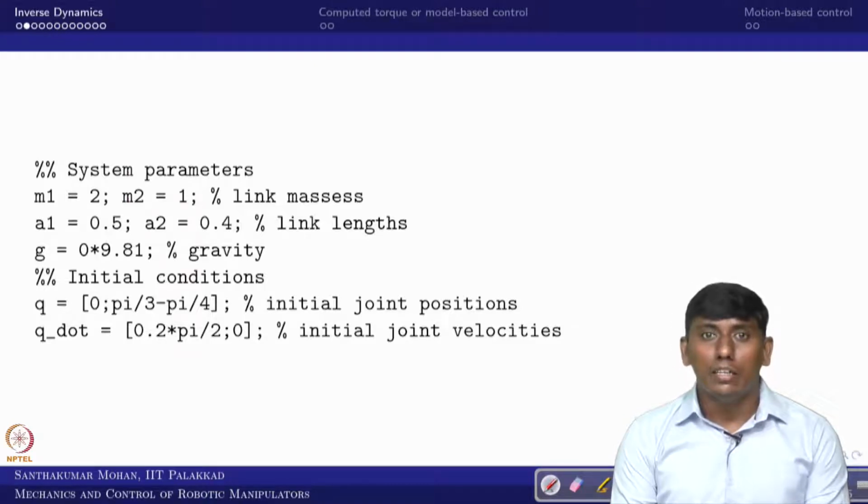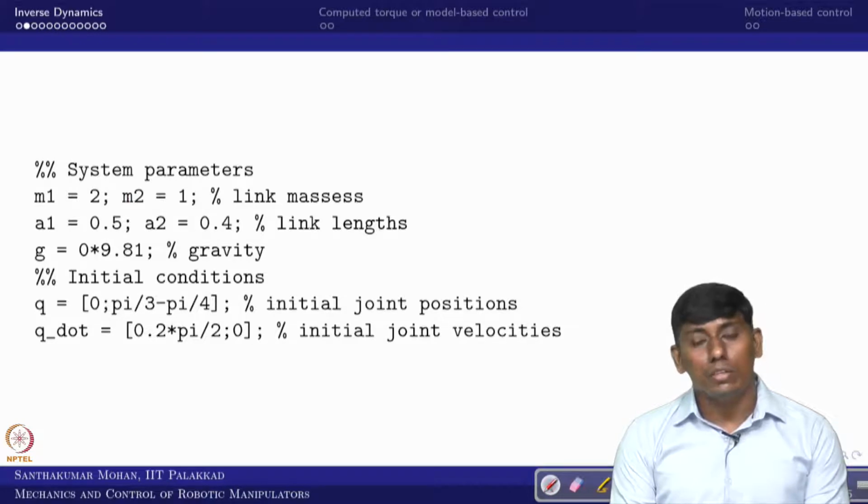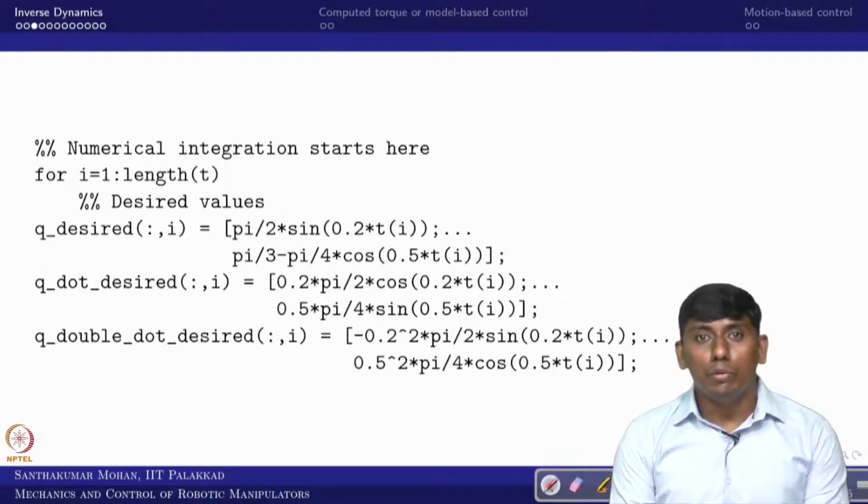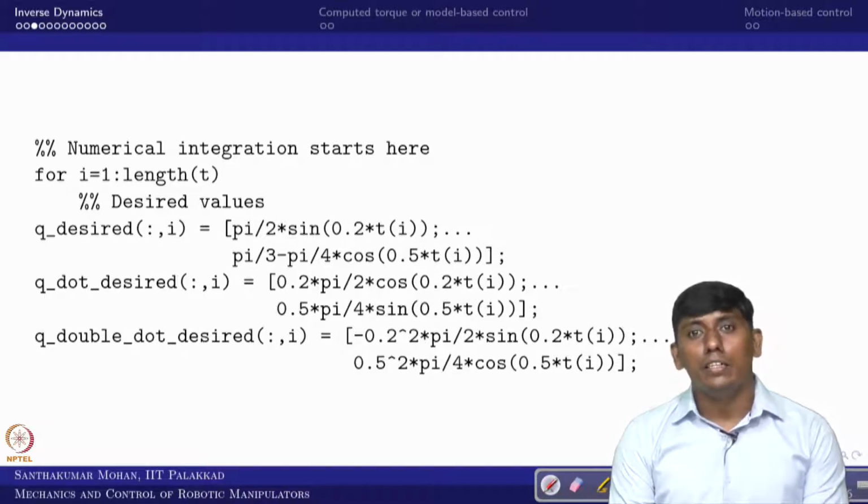That we will see in the next continuous slides. Before going to talk about that, you can see this is the q desired. The q desired we have taken as a 2 sinusoidal signal. So theta 1 is varying from minus pi by 2 to plus pi by 2 with a frequency of 0.2 times t. Similarly, theta 2 is a pi by 4 oscillation, but it is varying from pi by 3.